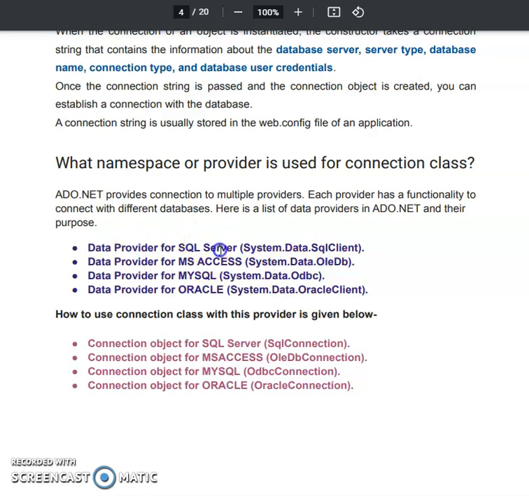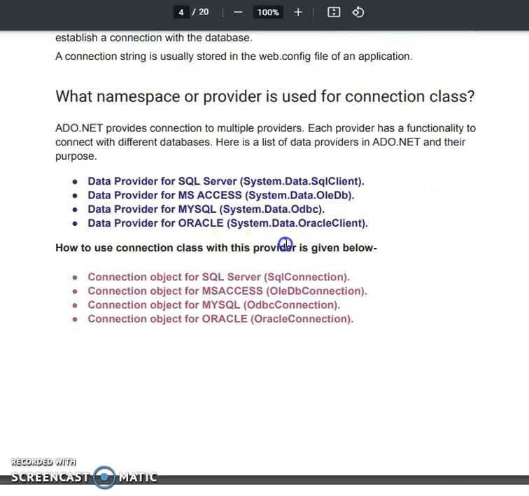For example, if we are connecting with SQL Server, then we have to add the namespace System.Data.SqlClient to your C# page. For MS Access, we have to write System.Data.OleDb. For MySQL, MS SQL, we have to write System.Data.Odbc. For Oracle, we have to write the Oracle client.